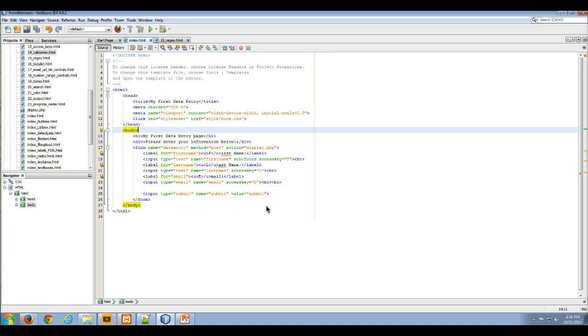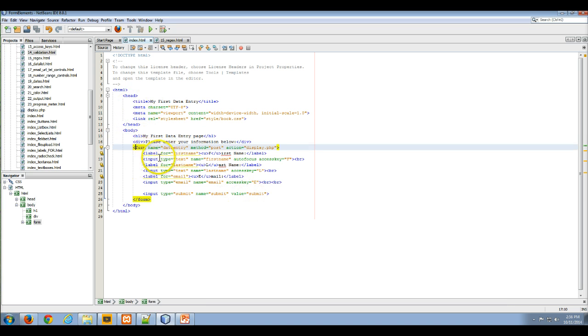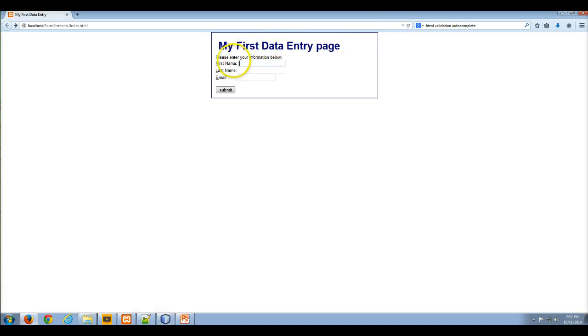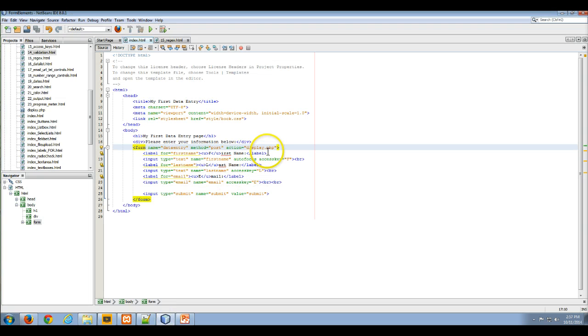So here we've got our HTML form. Inside our body section there is a form. Inside the form we have some labels and some input controls. And what we're doing here, right, is I can put anything in here I want, or I can leave it blank. And when I submit, I can actually submit a blank form, and that's not what I want. I want to force people to give me their first name, last name, and email address before they can move out of this form. So I can do that simply by adding a required attribute